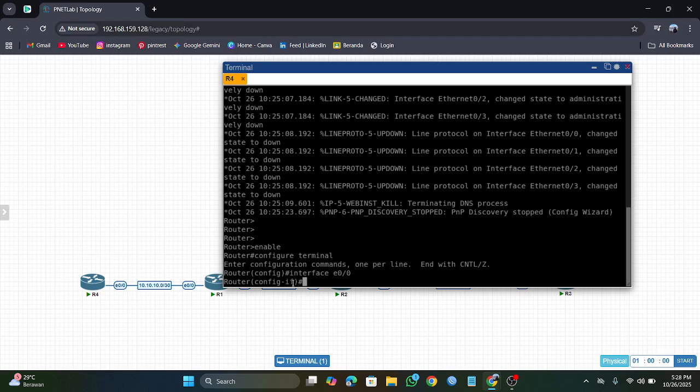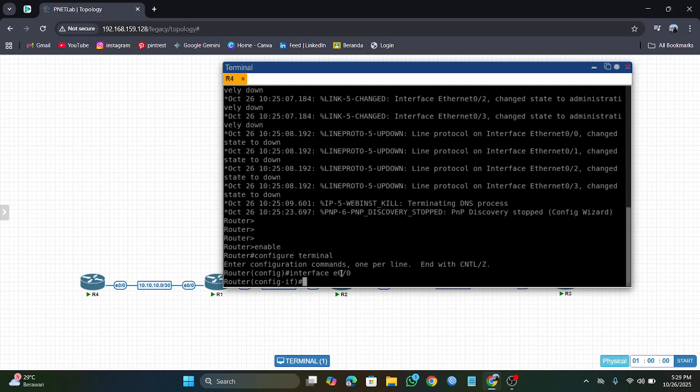If there is an if-config prompt, it means you can already set the IP address on interface a0/0. This is the interface.